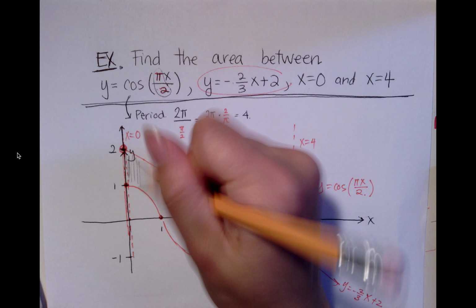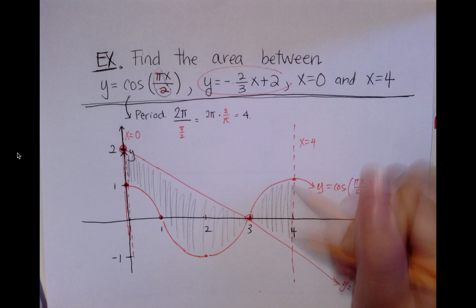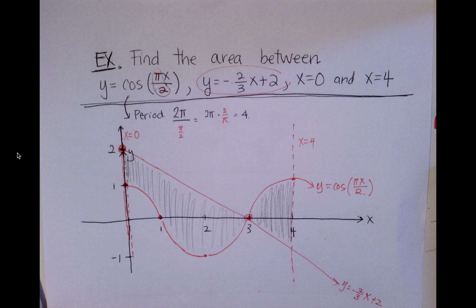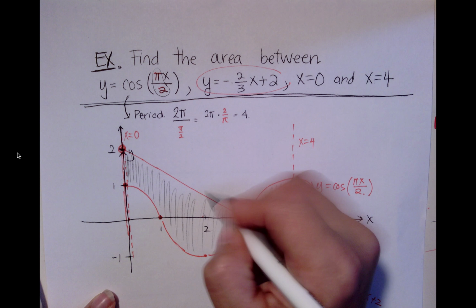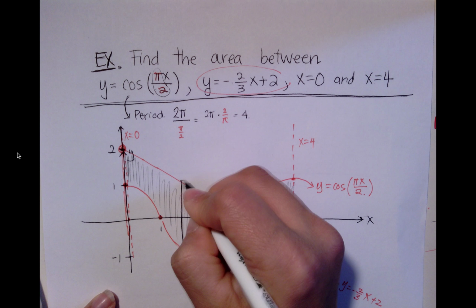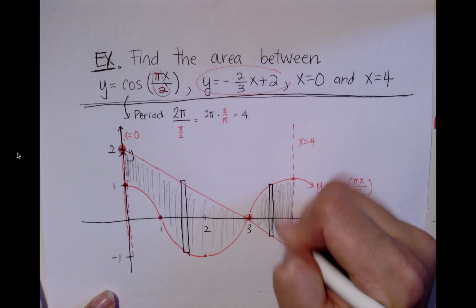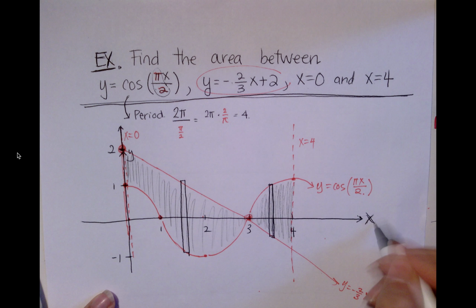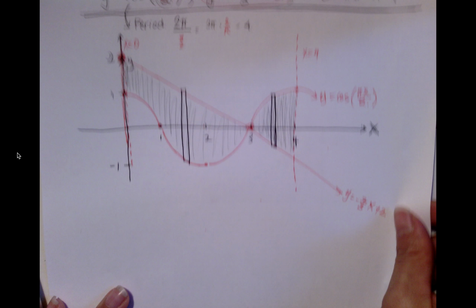A typical approximating rectangle, well, we're going to need 2 because the height of the rectangle really depends on which function is on top. But these are typical approximating rectangles if I'm integrating with respect to x, which makes the most sense for this function. So let's try to set up the integral here.